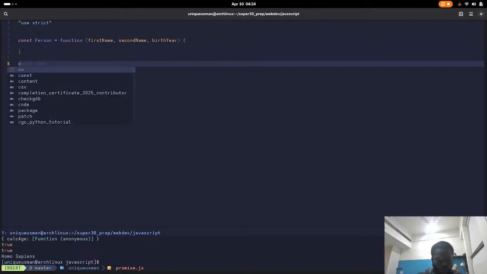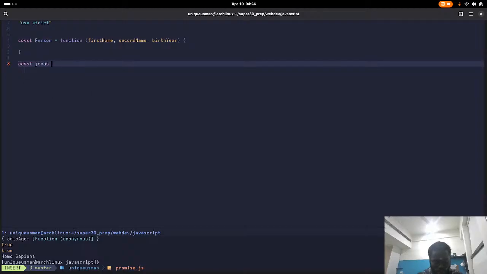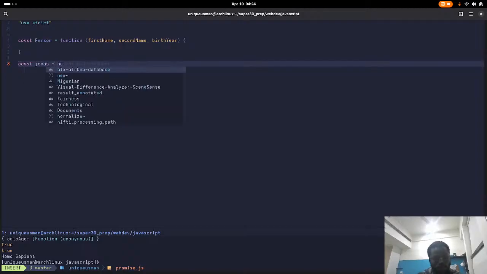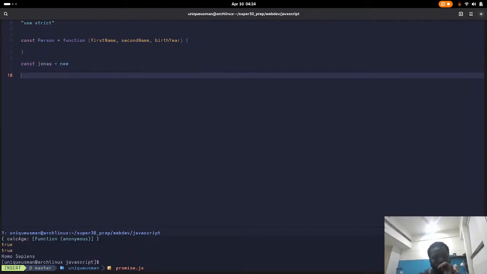So whenever we do, let's say the constraints, when you say the new keyword, it's gonna do four things. The first thing is that